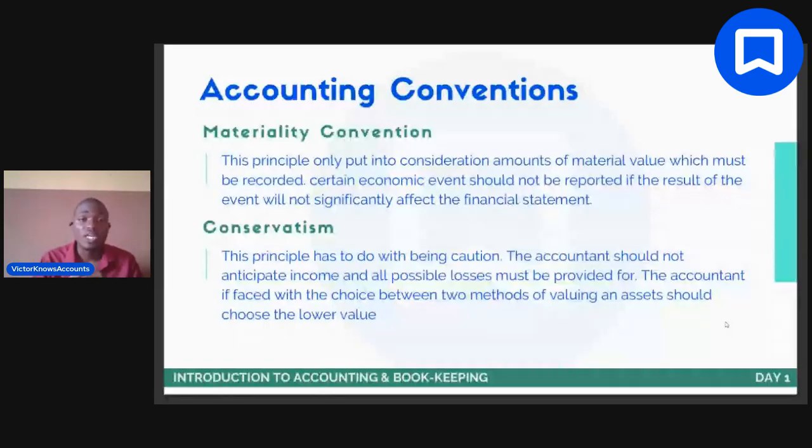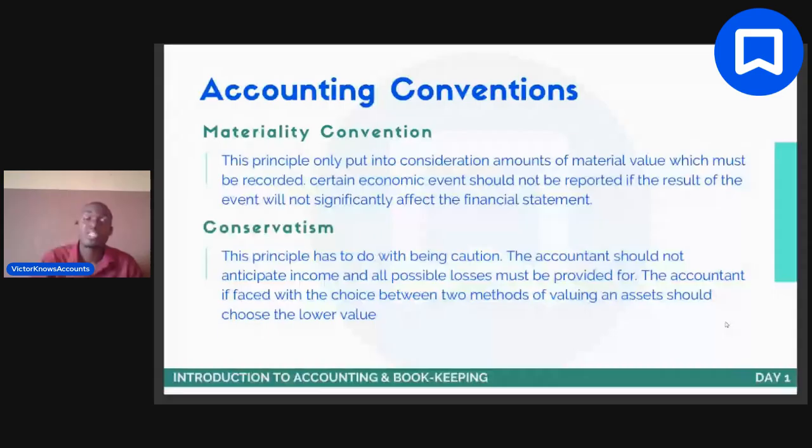All right. So if financial information is not recognized correctly, it will significantly affect the financial statement. If it significantly affects the financial statement, it also means it will have an impact on the decisions that are made by the users of financial statements. Because at the end of the day, the major reason you are carrying out the accounting process is so that you can provide financial information, don't forget, useful financial information for the users to make decisions.